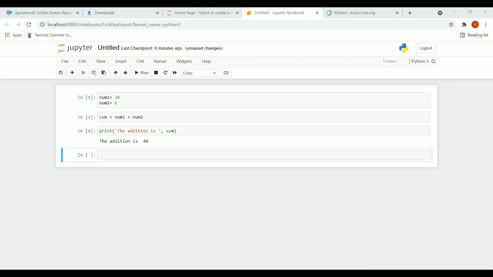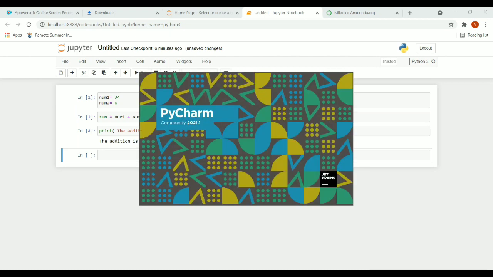Here we didn't use any package. We executed a very simple program. We have taken input as two numbers, we have just done the addition of two numbers, and we have just printed the result. We have not stored those numbers, we have not done anything else. We have just taken the input and printed the addition of the two numbers. Now in PyCharm we'll see what the difference will be.